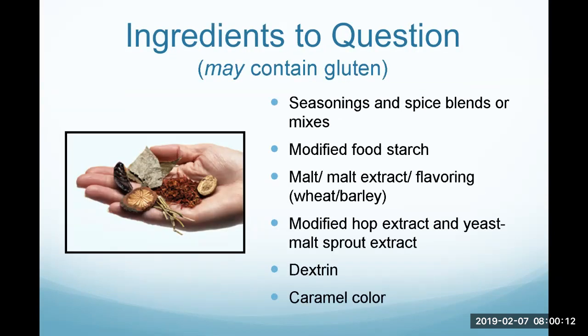So we have to start questioning certain things, like is this seasoning or spice, does this have gluten? Are we dealing with malt and dextrins derived from gluten products? Once we start thinking about it and looking for it, we start avoiding those things, and that requires a lot of education for parents and families. So the treatment of celiac disease is not an individual treatment. It entirely messes up the kitchen of a household.